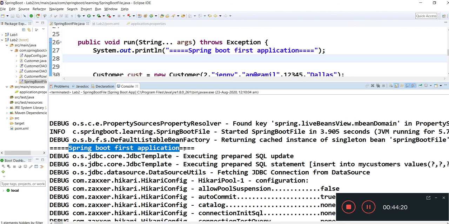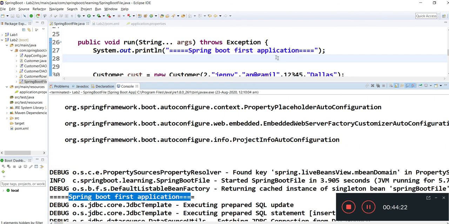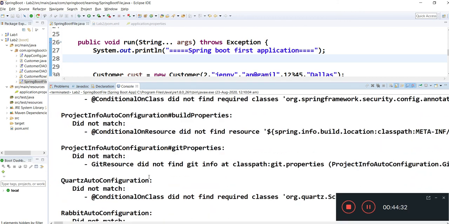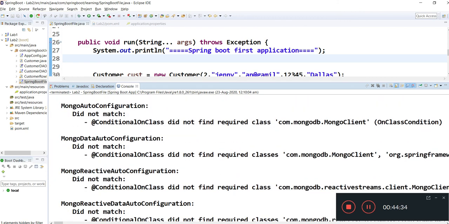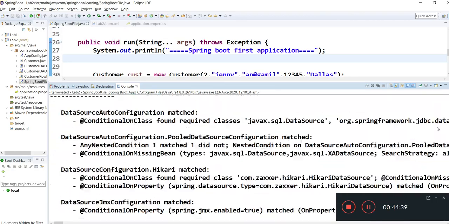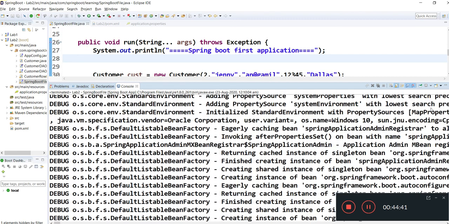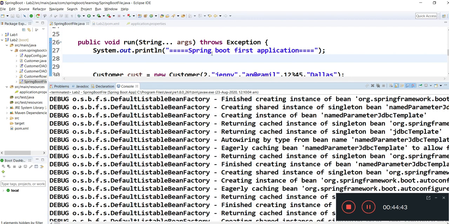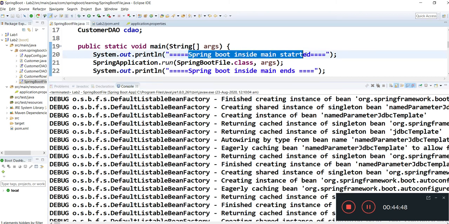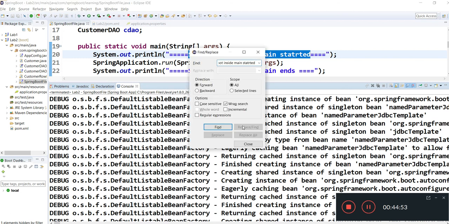So before all these activities, somewhere it should display our SOP which we have mentioned. I am searching for Spring Boot inside main started. Let me search it. I hope we will find it. Because the logs are not coming.